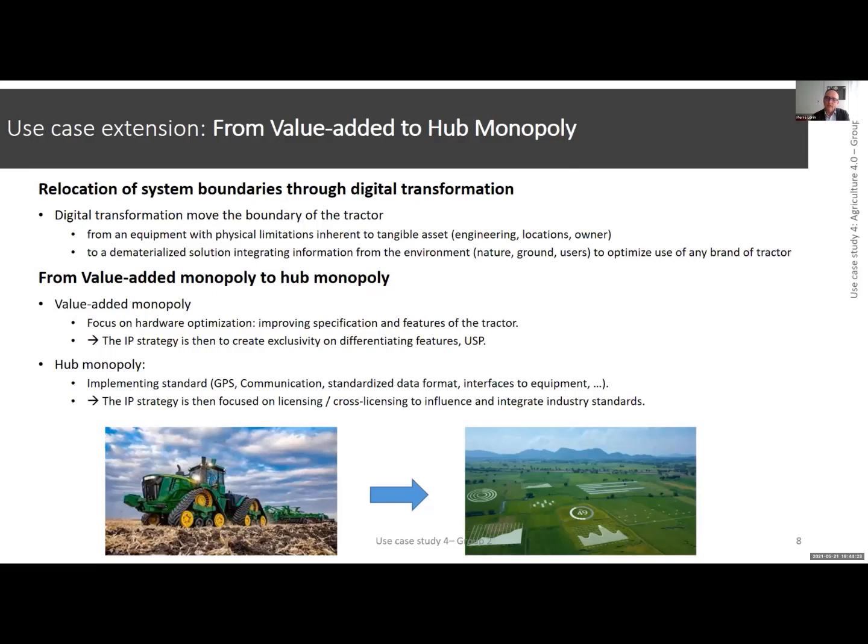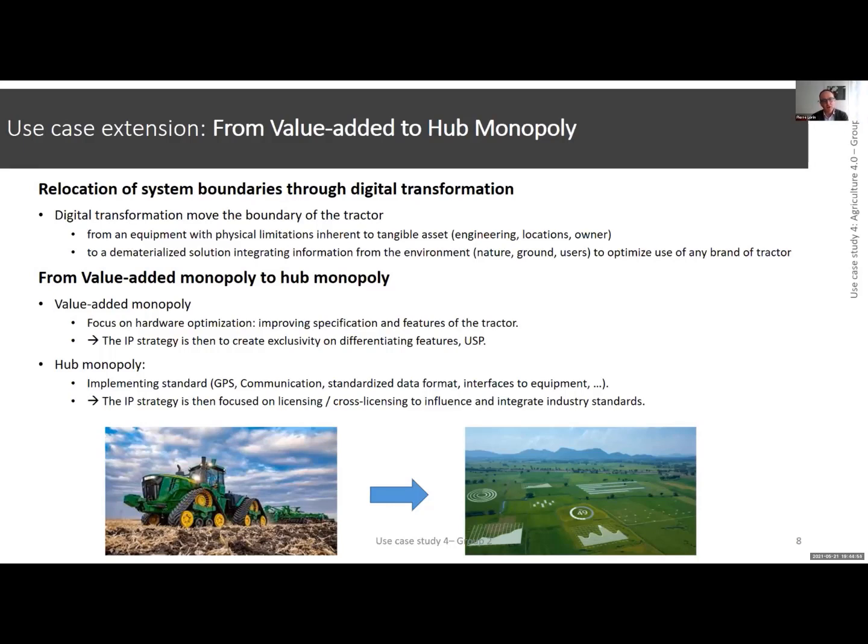And an important aspect, which is a big change also in this shift, is that this new solution, this ecosystem, is not tied to a specific brand of tractor, but could be rolled out and implemented on any tractor or any brand of these assets. And this has obviously implications also from an IP point of view on the generic IP strategy, where